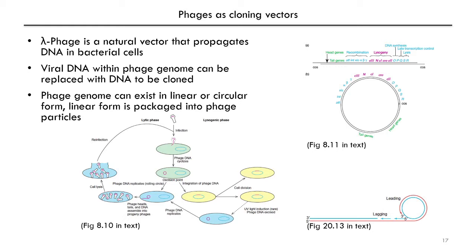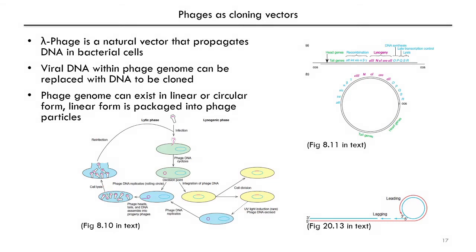One example here is lambda-phage. It is a natural vector that propagates DNA in bacterial cells. In lambda-phage, the genome can exist in a linear or circular form. When this bacteriophage infects the E. coli cell, it injects linear DNA that then circularizes in the cell, and this either can get integrated into the chromosome of bacteria, or it can start to replicate to produce linear pieces of DNA that can be packaged into